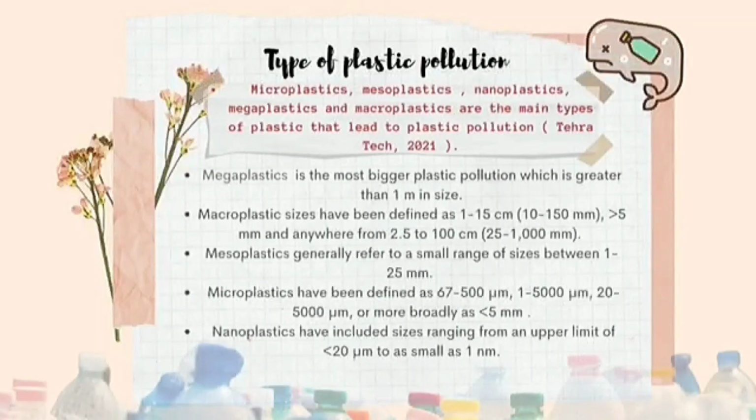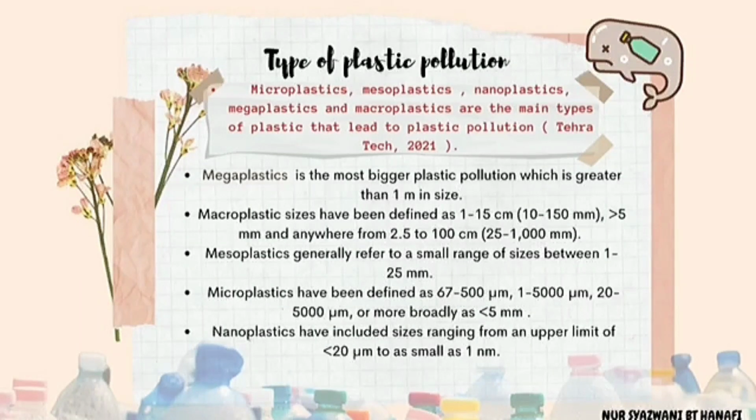Next is type of plastic pollution. Microplastic, mesoplastic, nanoplastic, megaplastic, and macroplastic are the main types of plastic that lead to plastic pollution. Firstly, megaplastic. Megaplastic is the biggest plastic pollution, which is greater than 1 meter in size. Macroplastic sizes have been defined as 1 to 15 centimeter. Mesoplastic generally refers to a small range of sizes between 1 until 25 millimeter, and then microplastic has been defined